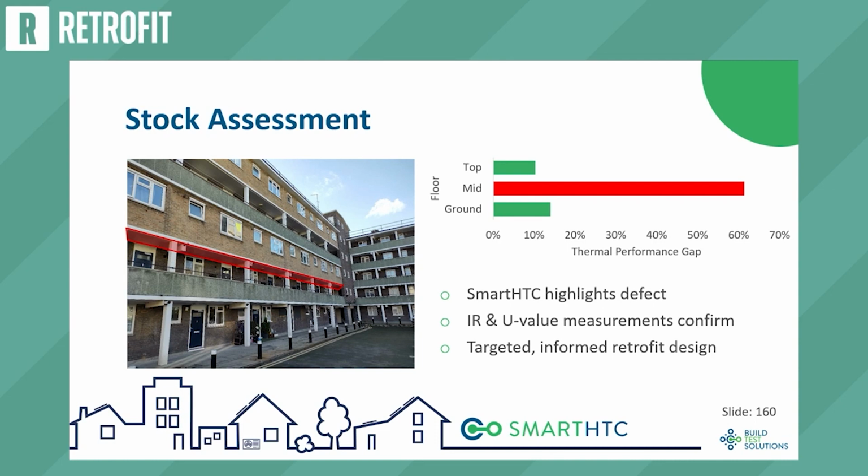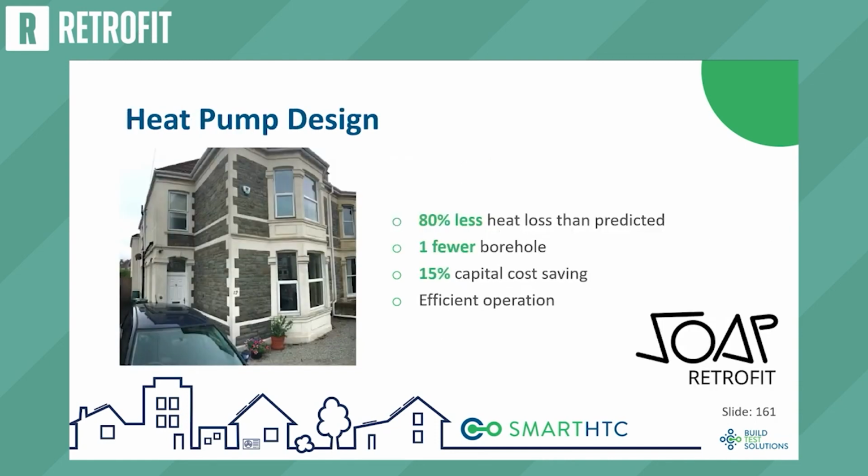And what we highlighted was a particular defect where you can see this big exposed area of floor and ceiling. They're maisonettes, so you get two of them on each side, and it creates a load of extra heat loss. We followed up by doing an infrared survey, and they glowed in the dark when I was out there in the morning at -3. And we measured the U values and saw this is a real big source of heat loss. So then we could see this is a good block to target for a retrofit, and when we do it, this is a detail we must address. So it ended up being enclosed within a warm space to deal with that source of heat loss.